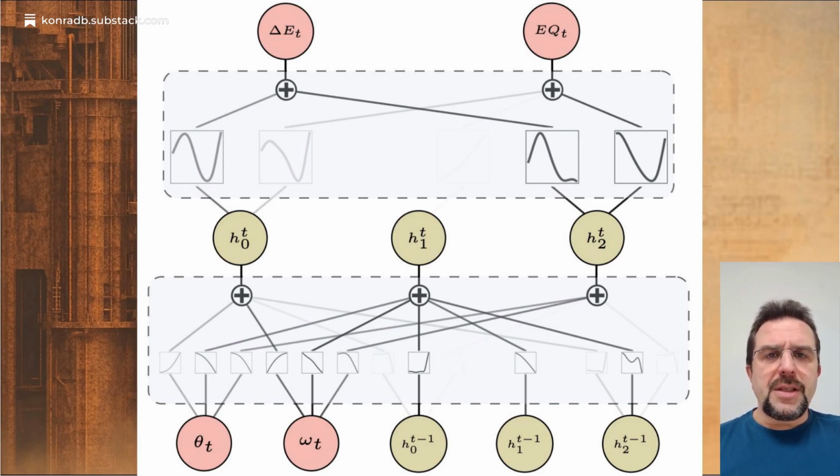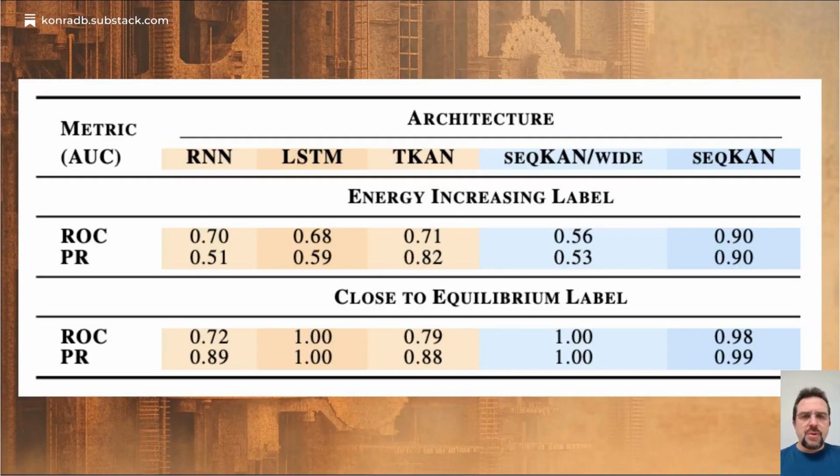This correlation extends into the extrapolation region, beyond time step 200, indicating seqKAN truly captured the principle rather than memorizing patterns. This explains its superior extrapolation performance. While other models struggled to generalize beyond their training data, particularly on the complex energy prediction task, seqKAN maintained high accuracy. This suggests it successfully identified the underlying patterns governing the system dynamics, including the hidden variable, string length.